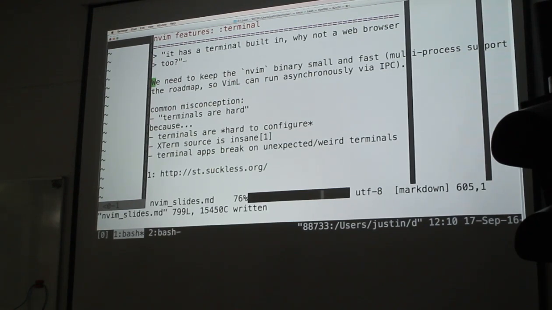They're hard to configure, so people probably think that they're just really complicated. Well, the user interface is complicated. Configuration of a terminal is complicated, and there's no standard, which complicates the ecosystem. But a terminal itself only requires about 6,000 lines of code.